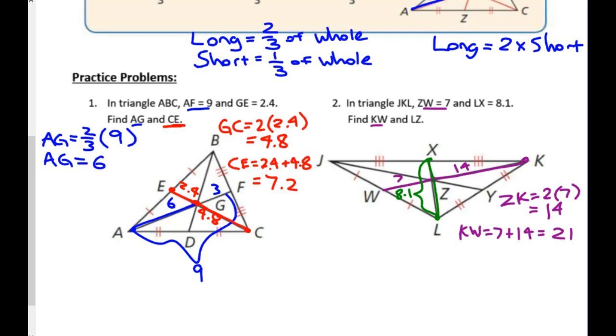Now is LX short, long, or whole thing? LX is all the way across. LX is the whole thing. So now I'm going to have to use some fractions to figure out the parts. Okay? So if I want to find LZ,